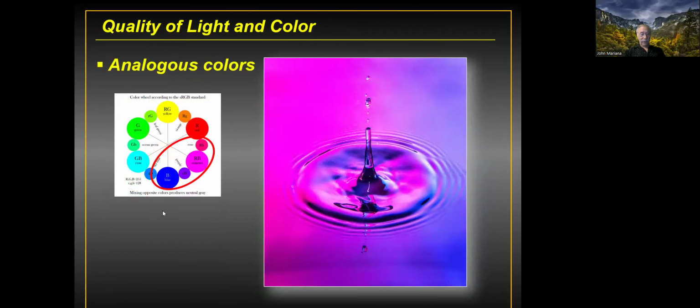Here's analogous colors of the blue and the purple, and the magenta rather, the blue and the magenta. And those are analogous colors and used very well on this image. And you see the blue and the magenta, and it gives you a very interesting image. So using